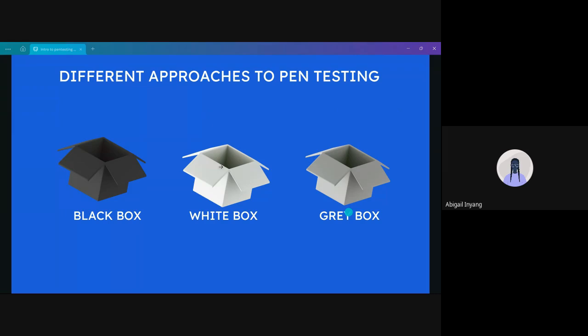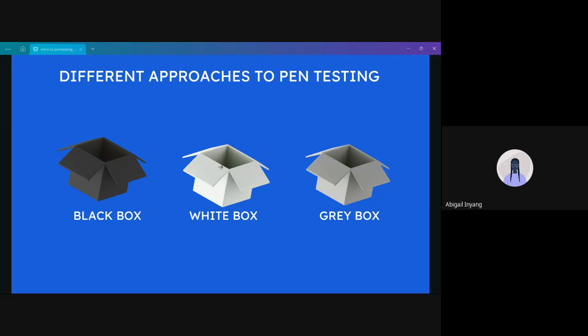So we have the gray box. In gray box, you're given a little more information about the company. Let's say the company gives you a list of domain names and a list of IP addresses that you should work with. Compared to black box, where they just give you the domain name, in gray box they give you a list of domain names that you can work with, and tell you to begin with that limited information. You use the internet to gather publicly available information,